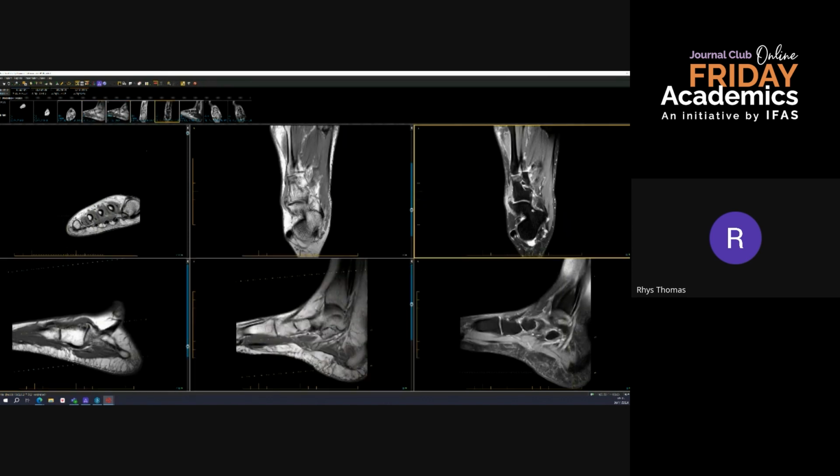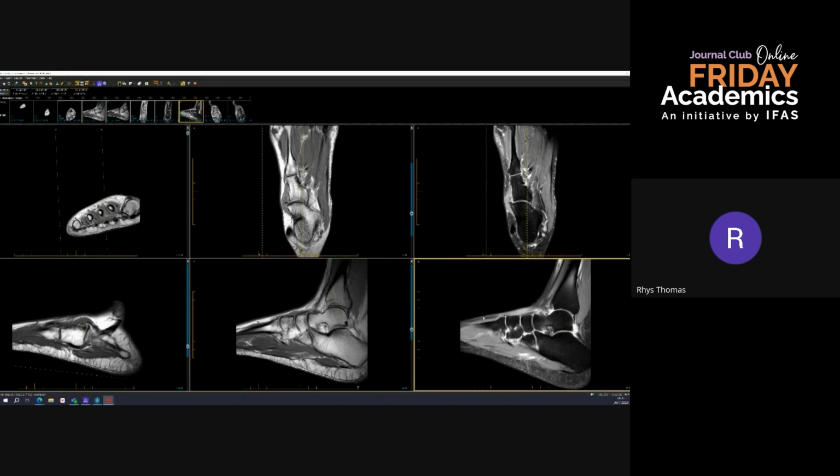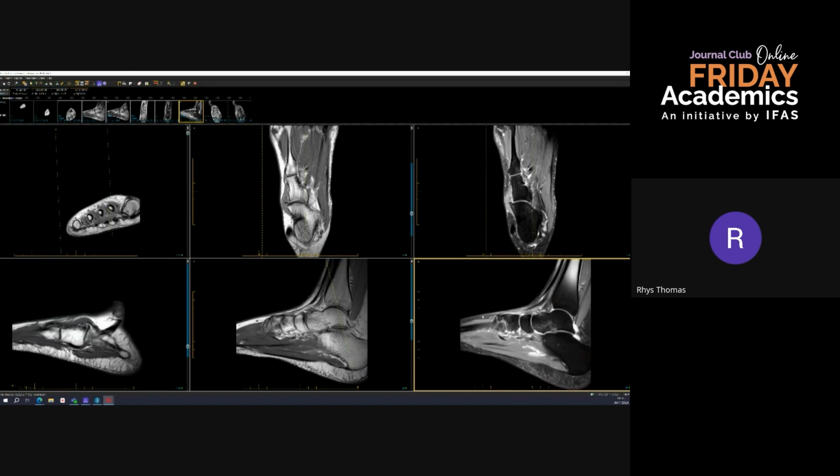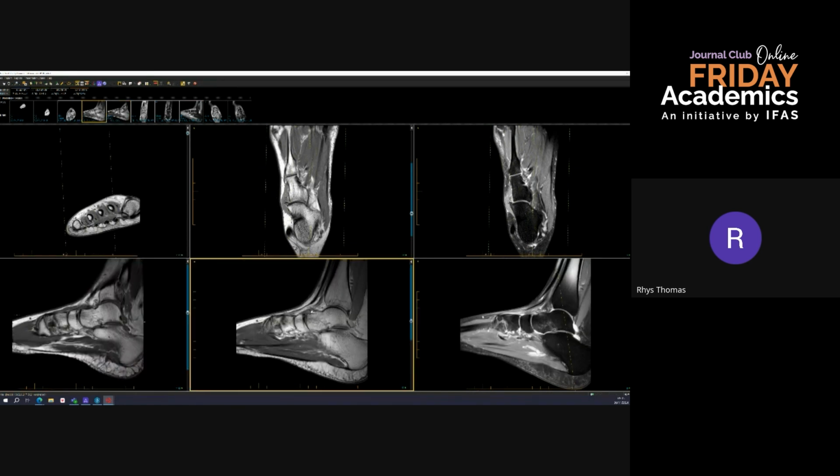Initially, whenever I see this sort of pattern of injury, I'm jumping straight to the talonavicular joint, and I can see that the dorsal talonavicular joint is thickened. It's high signal on both the PD and the PD fat sat, with a tiny fragment of bone from the dorsal talus,